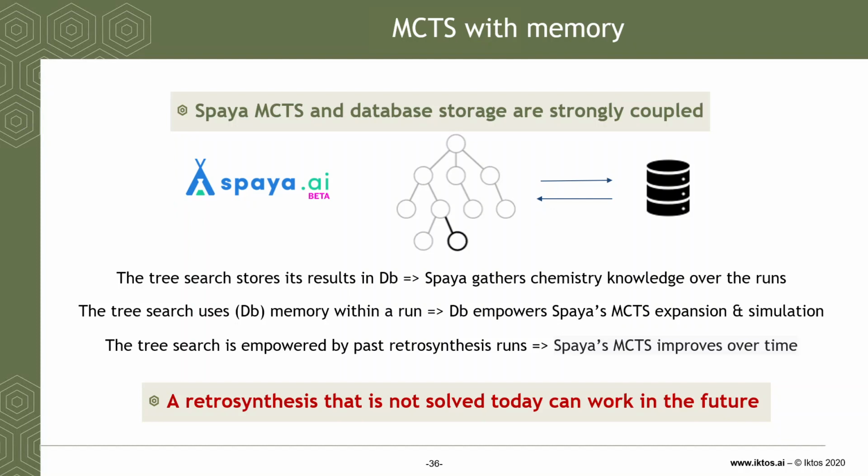So if I have some expansion in the database or some simulation results in the database, I can use them and not use the models. And the third part is that the research is empowered by past retrosynthesis runs. So Spaya's research strategy, Spaya's MCTS, improves over time, at least from a research point of view. So those are some benefits of having a Monte Carlo tree search with memory, which means that a retrosynthesis